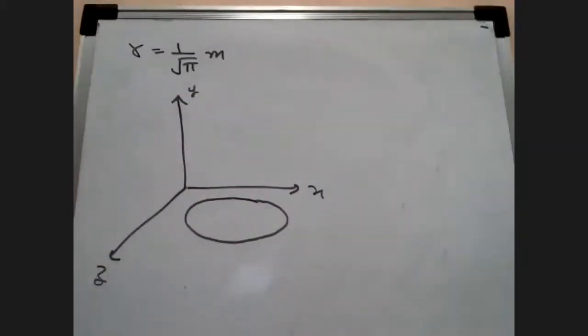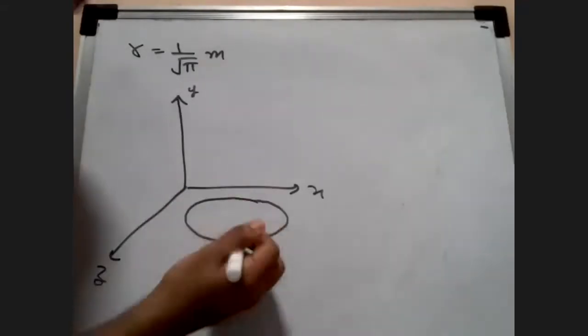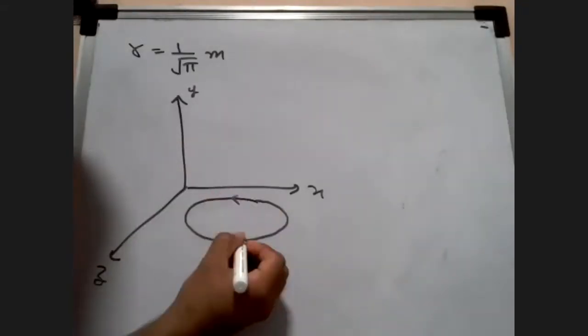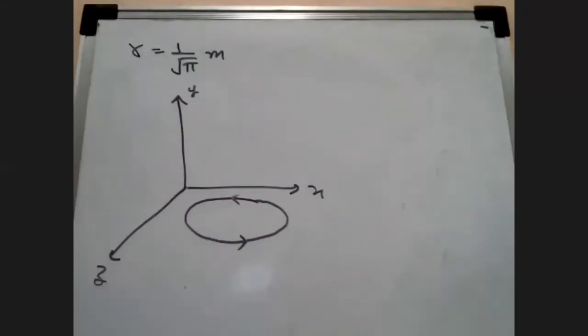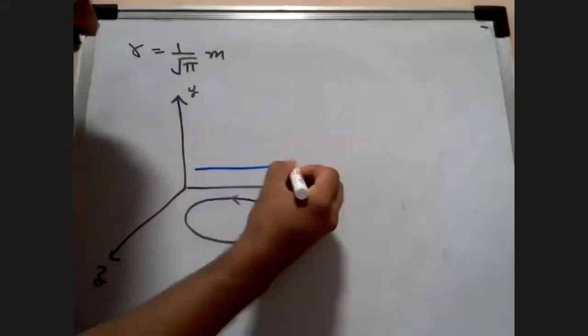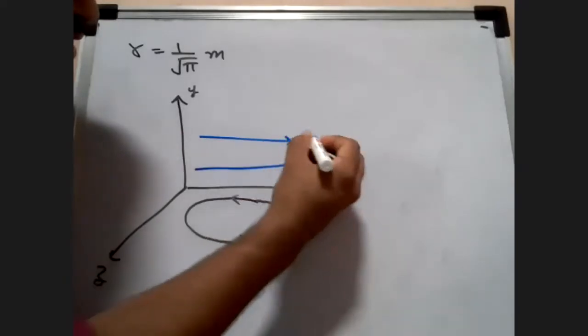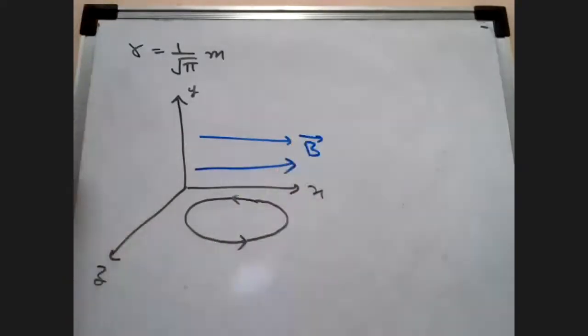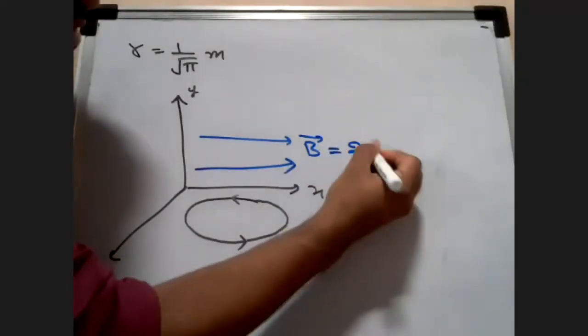The third thing given is that the current has a magnitude of 5 amperes and it is counterclockwise. If this is clockwise, this becomes counterclockwise. Fine, no problem. The fourth thing is that the coil is in a uniform magnetic field directed towards the right hand side. So here you can say that the magnetic field is along the x-axis. Yes or no, students? And the magnetic field is 2 Tesla.